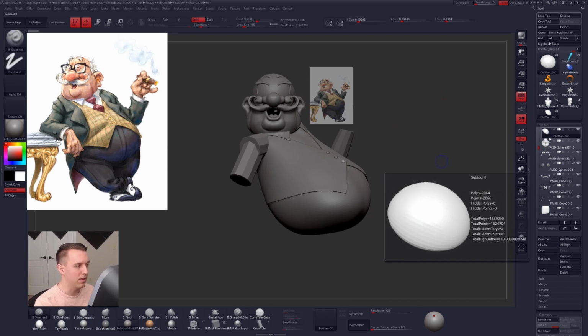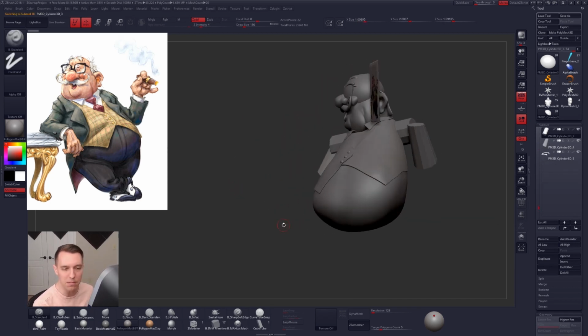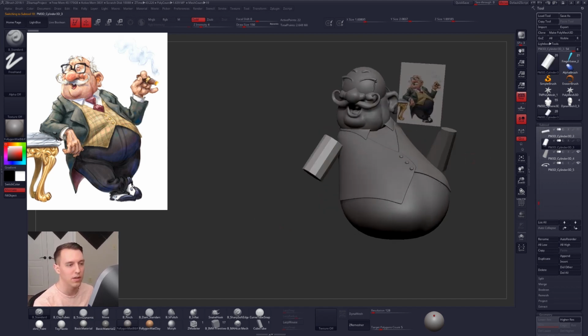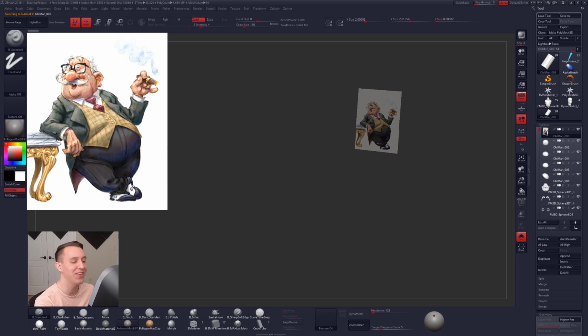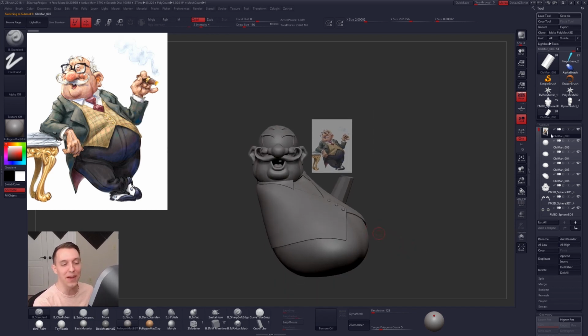Now, I'm guessing... Okay, so we just have the body. We have some limbs blocked out, but that's about it. Just some cylinders. This is so clever. You've taken a plane and added a texture of your character to it. So very quickly,